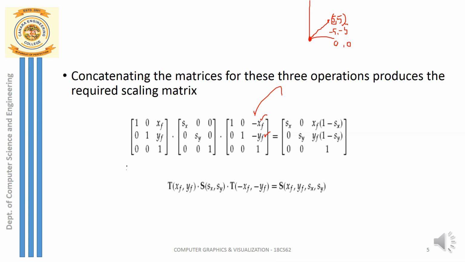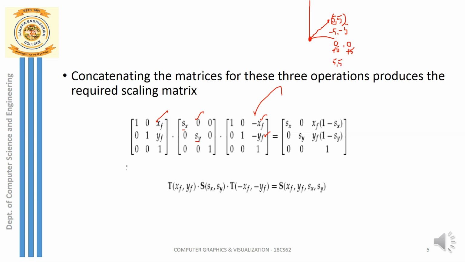So this matrix you multiply with the scaling matrix. Here, after getting the object to the origin, I am applying scaling. So sx is the scaling along x, and this is scaling along y. And finally I apply the forward translation. What is that? Getting the object back to its original position. You can do that by adding again 0 plus 5, and again plus 5 along y. So the resultant is given by 5 comma 5. So xf comma yf is given by 5 comma 5.